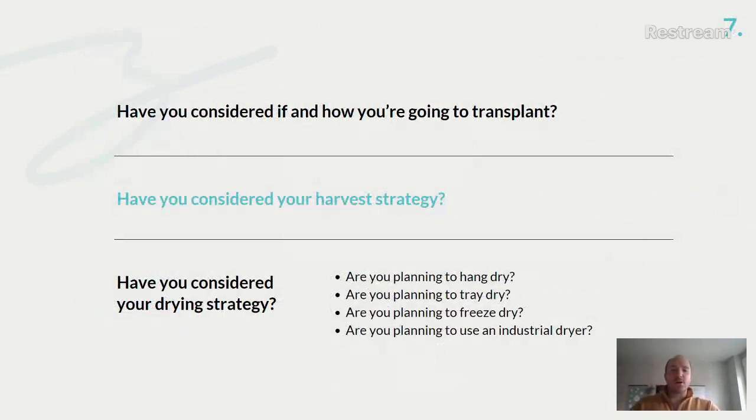Have you considered if and how you're going to transplant? This may seem somewhat comical, but there are often facilities that I see where this entire process, which may happen once, may happen up to 3 times in a plant's life cycle, depending on exactly how you design your operation. This was an afterthought. And so it may be happening on the loading dock of your facility. That is far less than ideal. And in this one facility I have in mind, loading dock was down at one end of the facility, and the flower rooms were either literally an entire story above them or about 300 feet down this very long corridor to be able to get to them.